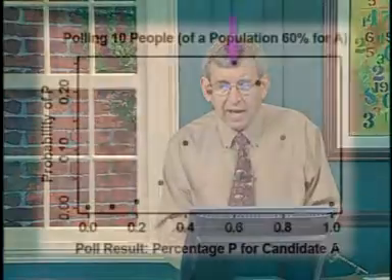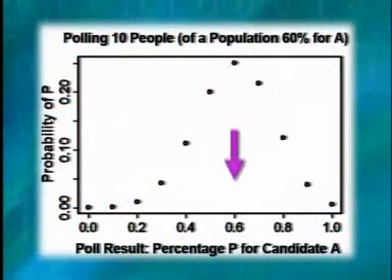But it's more likely that we will get 6 people for candidate A. It's somewhat less likely that we get 5. And here you see the dots are an accurate representation of what proportion of samples of size 10 have 0 people for candidate A, 1 person for candidate A, 2 people for candidate A, 3, 4, 5, 6, 7, 8,